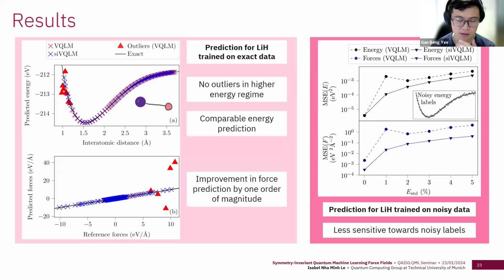Along a similar line to the questions asked by Daniel, I'm just wondering, what do you expect the scaling of the training data that you need to use when you scale up your system size? Normally, when we have large system size, I would expect to need access to more training data. But do you have any guess on how the number of training data will scale with the system size, based on your understanding?